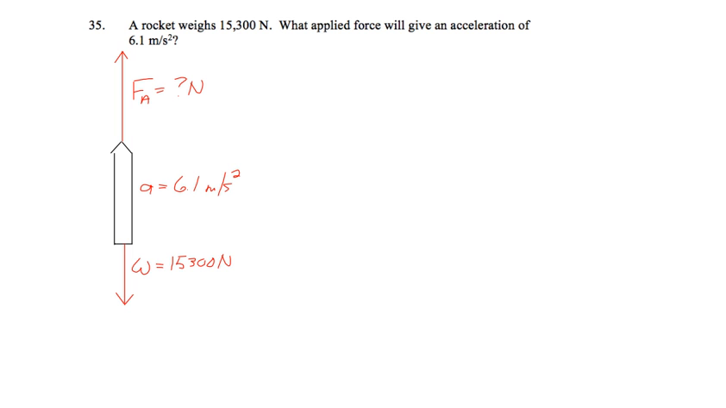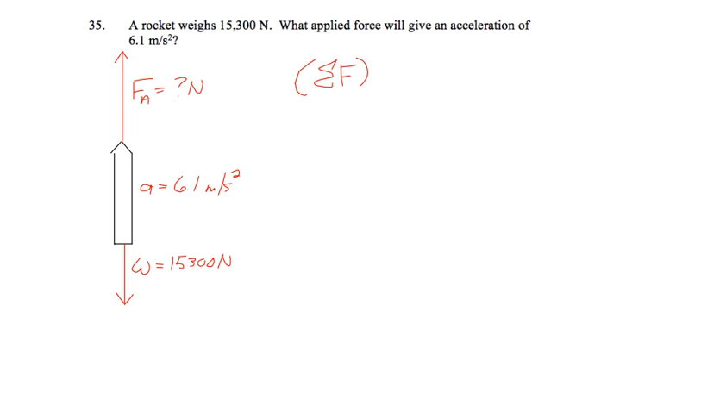Now, if I were to apply, let's say, a force of 15,300 newtons, then the rocket would not move, it would stay where it is, or if it was moving, it would stay at that speed. So if the forces are balanced, it's not going to speed up or slow down. So I have only one descriptive equation when I do this, and it's going to be when I sum up my forces,